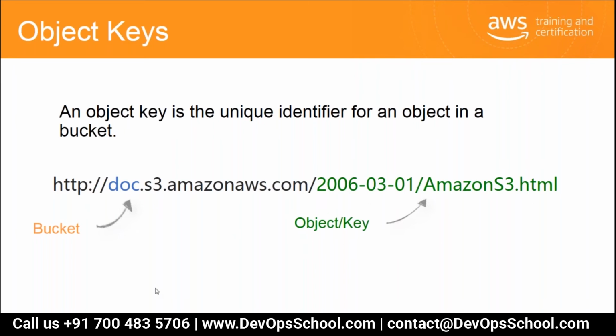So this is how your objects are accessible. First of all, you have to understand this simple concept that S3 stores data as objects within a bucket. And as I mentioned already, an object is a composition of a file and metadata. To store the object in S3, you simply upload the file you want to store in a bucket. When you upload, you can set permissions on the object and you can add any amount of metadata.